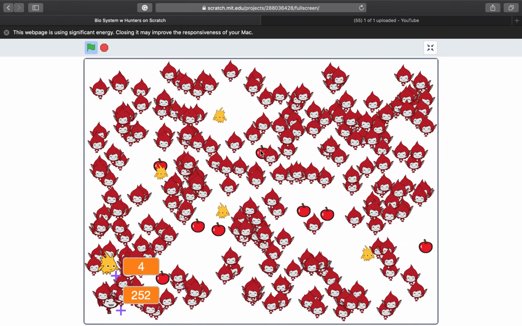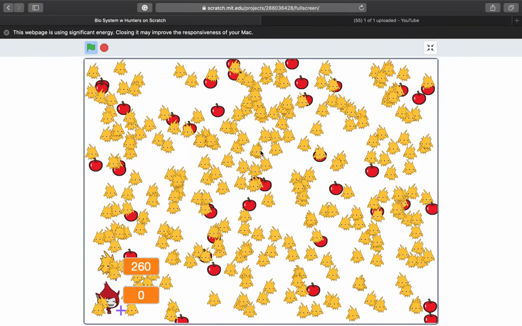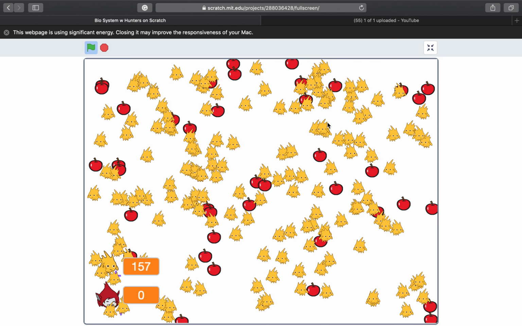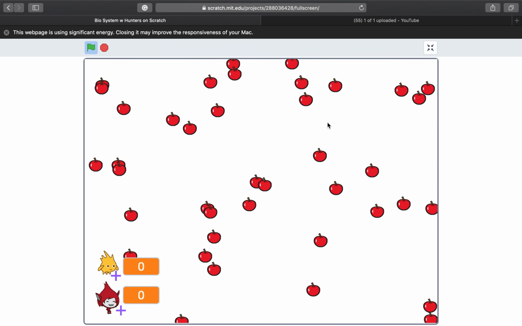So I've got to think of some other reason why they're all going extinct and start playing with my model and figuring out how I can create a more sustainable system. But I'll keep working on it and experimenting with it, and I think you should too. Anyway, that's the project.